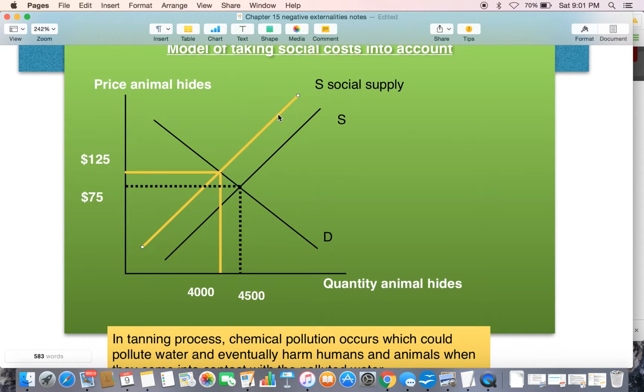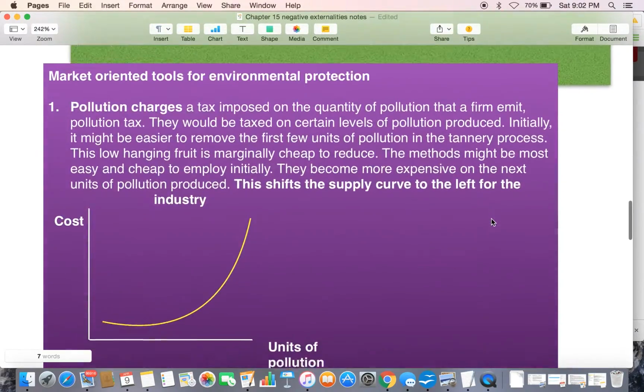So an increase in input costs to the production process would shift our supply curve up and to the left, and in doing that, increase the price and reduce the quantity that would be supplied and demanded in the overall industry. So property right definitions are yet another way to